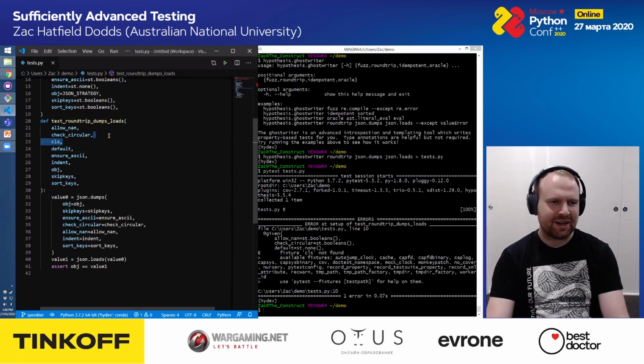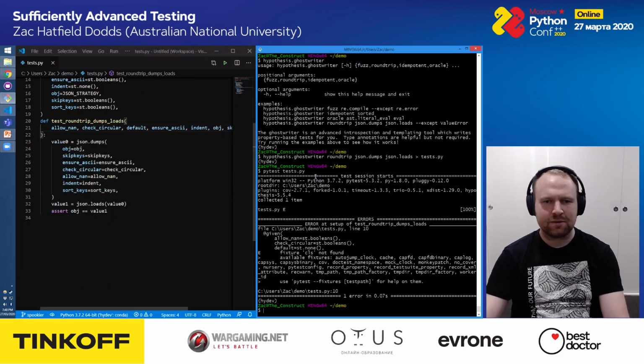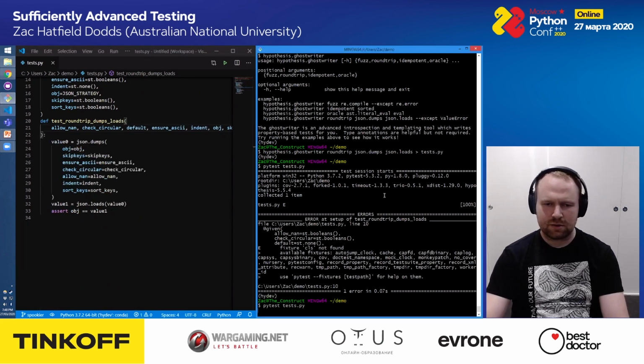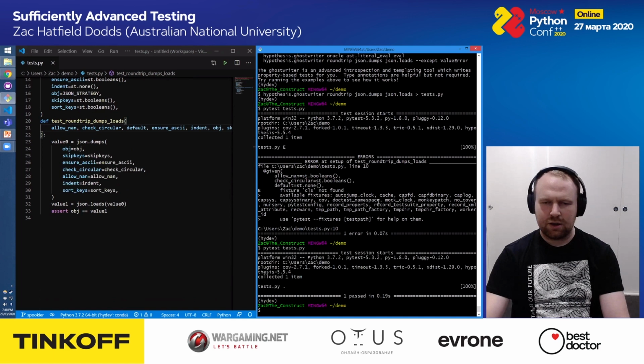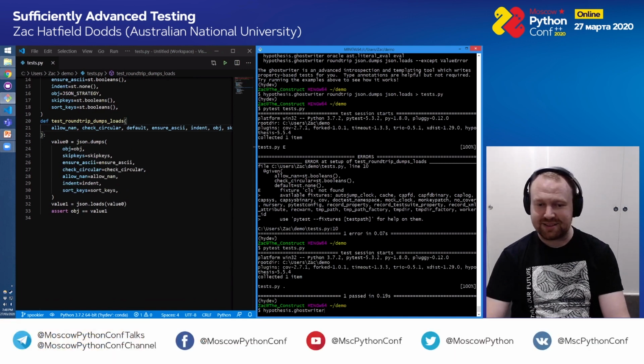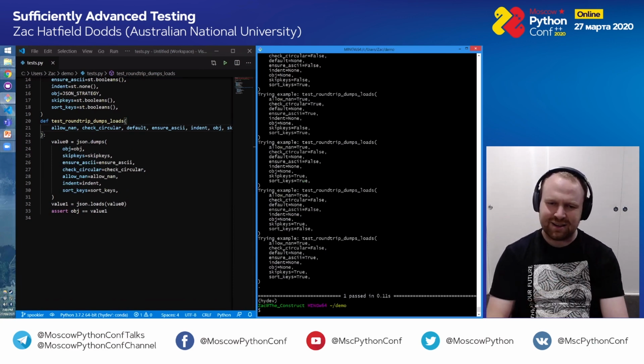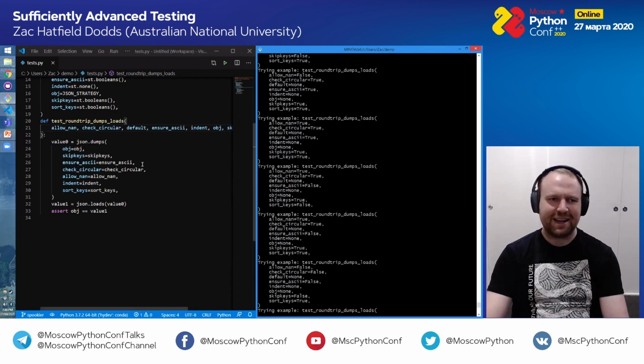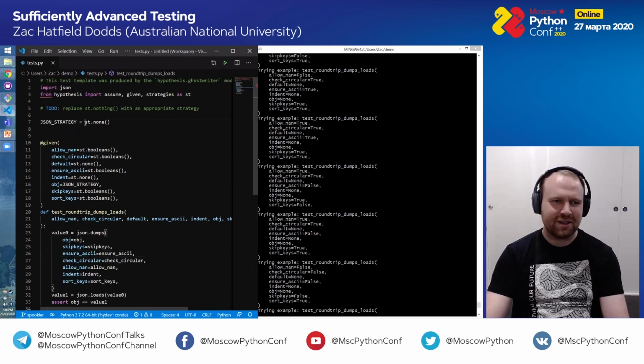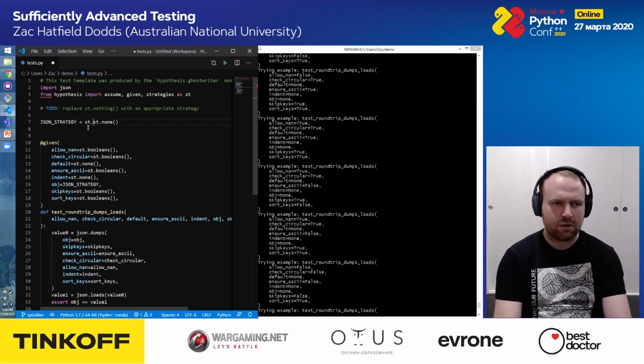Got to delete that argument. All right, so our test passes. This is good news to me. Our test passes at least if the only thing we generate is none. But of course, there are many other possible JSON values. For a start,